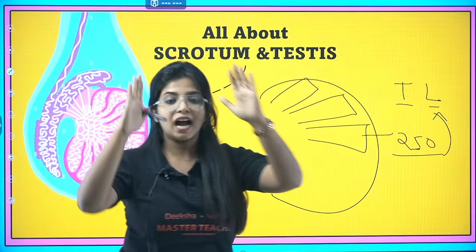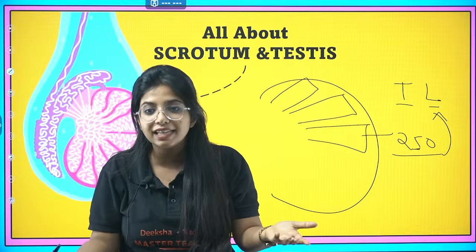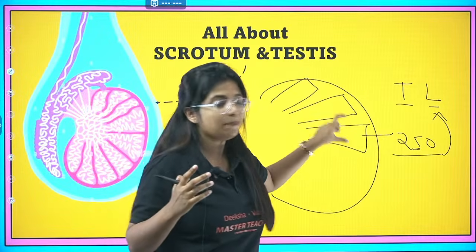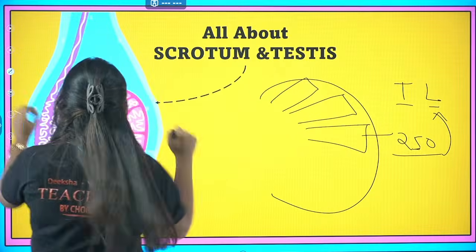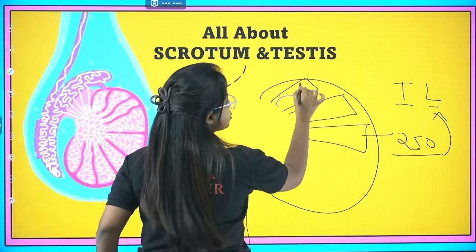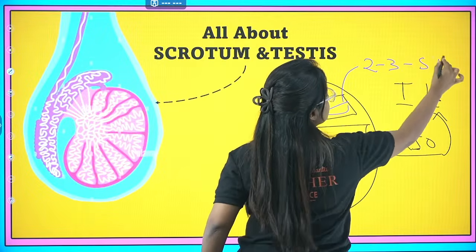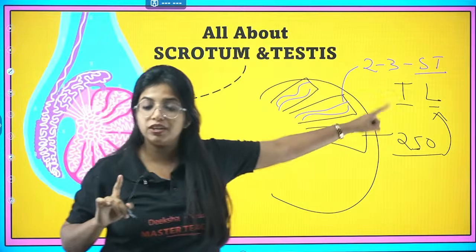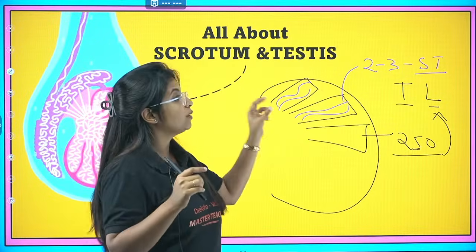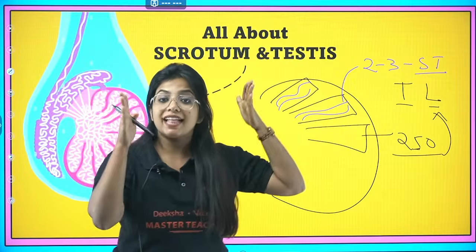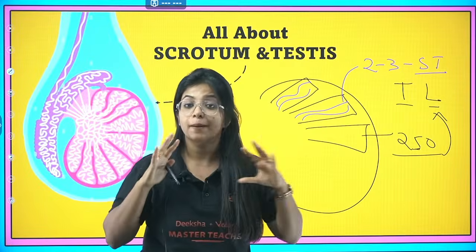Inside the testicular lobules, under a team lead, what do you have? You have so many people, right? That is why the person is leading the team, right? So here also, when I say that a testicular lobule is there, one testicular lobule will have under it 2 to 3 seminiferous tubules. Please know we have 250 testicular lobules like this, and in each compartment you have 2 to 3 seminiferous tubules. And these seminiferous tubules are where the sperms are actually going to be made.